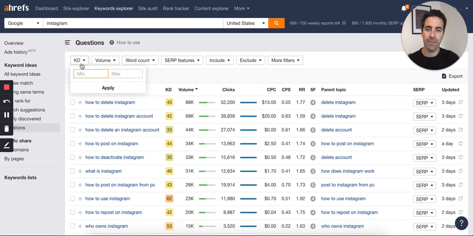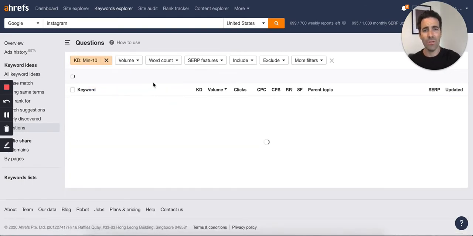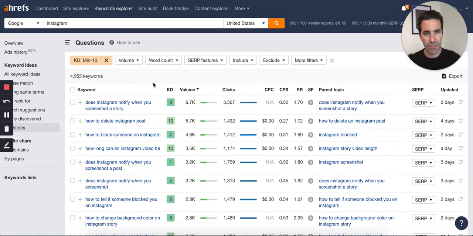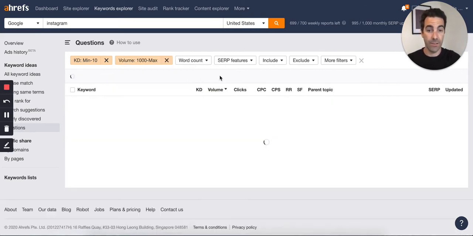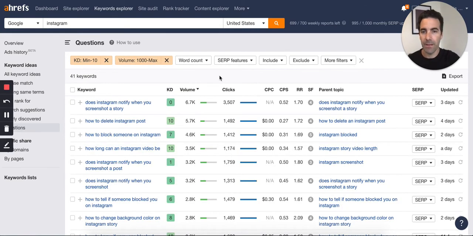So what I'm going to do is click on keyword difficulty, and I'm going to set that to a maximum of 10. And then I also want to focus on keywords that have a reasonable search volume. Obviously, I don't want to produce content that doesn't have a search volume that's worthy of actually spending the time to produce the content. So I'm going to set this at a minimum of 1,000. That's 1,000 searches globally a month. And as you can see, that's isolated our number from 347,000 keywords to a much more manageable number, which is